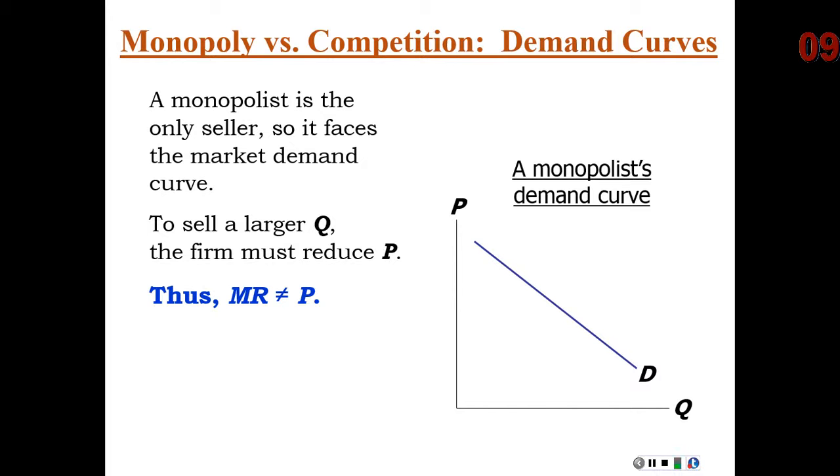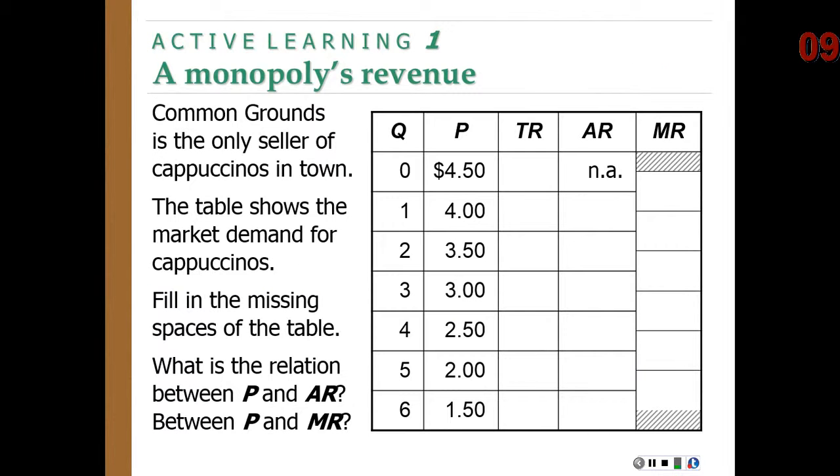In this case, for monopolists, price is going to change as they change output. Therefore, marginal revenue will change as well. Okay, let's look at an example of how that might work. Common Grounds is the only seller of cappuccinos. Let's see what happens. Let's calculate their total revenue in this column, and then we're going to see what their average revenue is. Remember, total revenue is simply price times quantity, and we get this box, price times quantity here. Average revenue is total revenue divided by quantity,